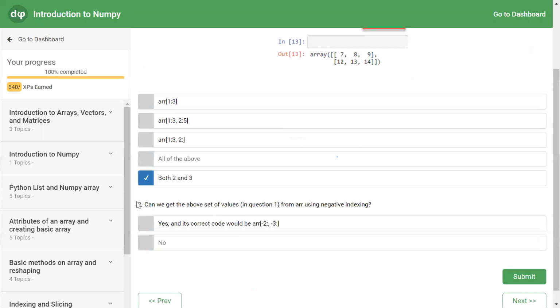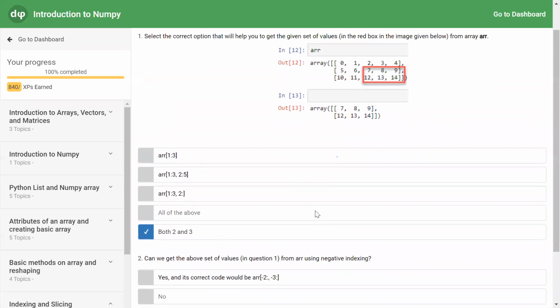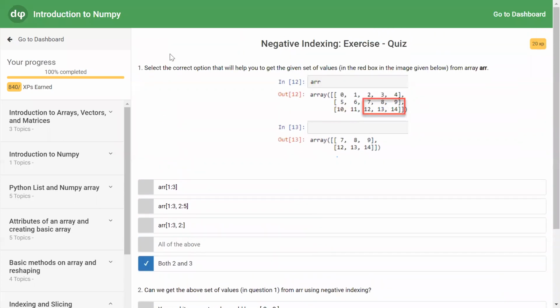Now, can we get the above set of values in equation 1 from the array using negative indexing? So if we use negative indexing on this, this will be -1, this will be -2, this will be -3, this will be -1, -2, -3. So what we have to do is run from, to access rows.